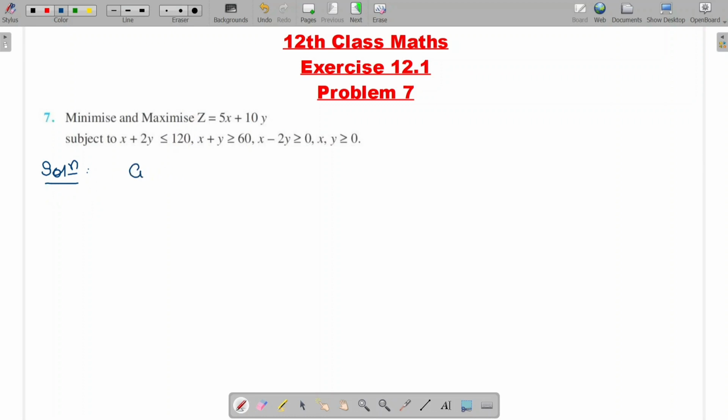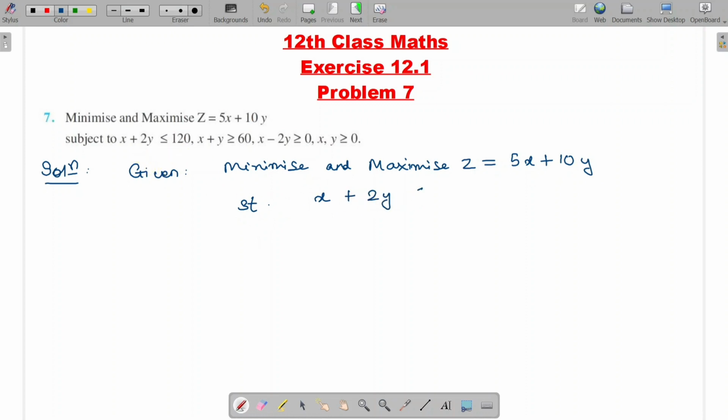Let us write what is given. So given: minimize and maximize z equal to 5x plus 10y subject to the first condition x plus 2y less than or equal to 120, second is x plus y greater than or equal to 60, and third condition is x minus 2y greater than or equal to 0, and these are non-negative constraints, so that is x, y greater than or equal to 0. Okay,